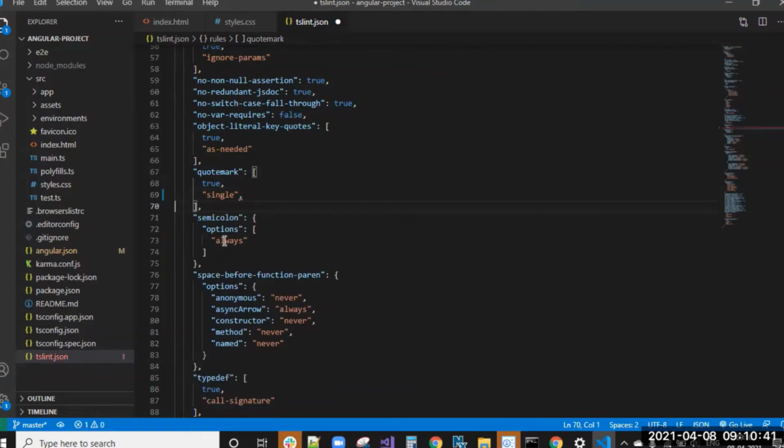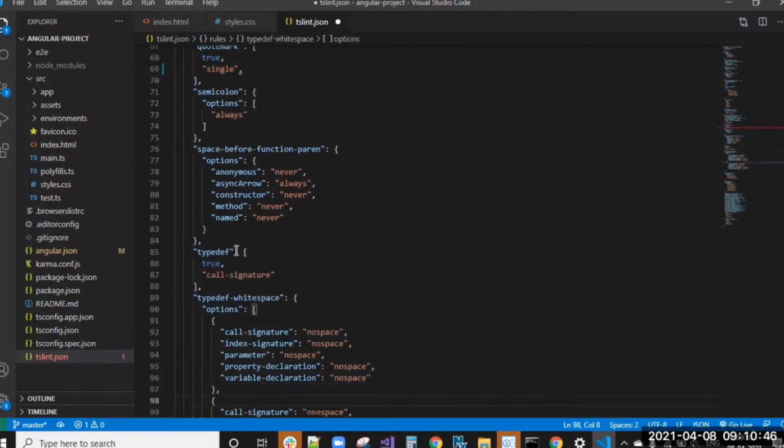Semicolon always, and space-before-function-paren. Space before function parenthesis means a space between the function keyword and the parenthesis. Anonymous never: anonymous functions don't take a space between function and the braces.